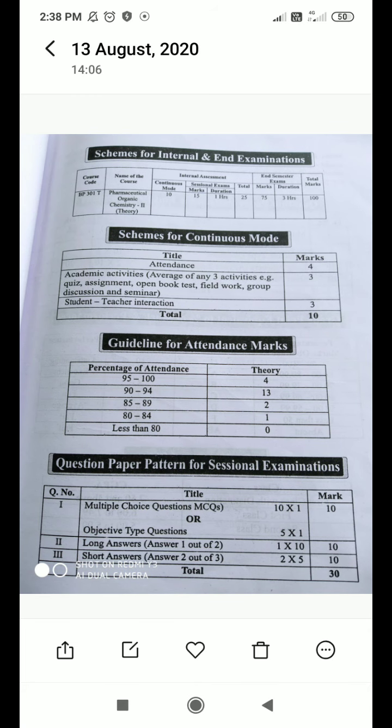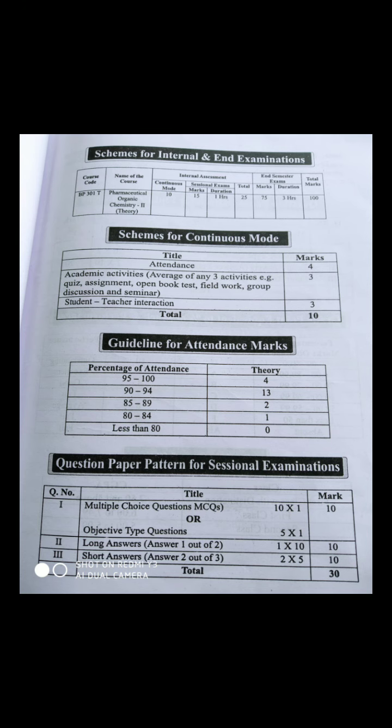I think you must know about your continuous assessment mode, the exam pattern, the internal exam pattern, and the university exam pattern. Still, we will briefly explain that. The course code of our subject is BP301T. Keep in mind that: BP301T. Okay,